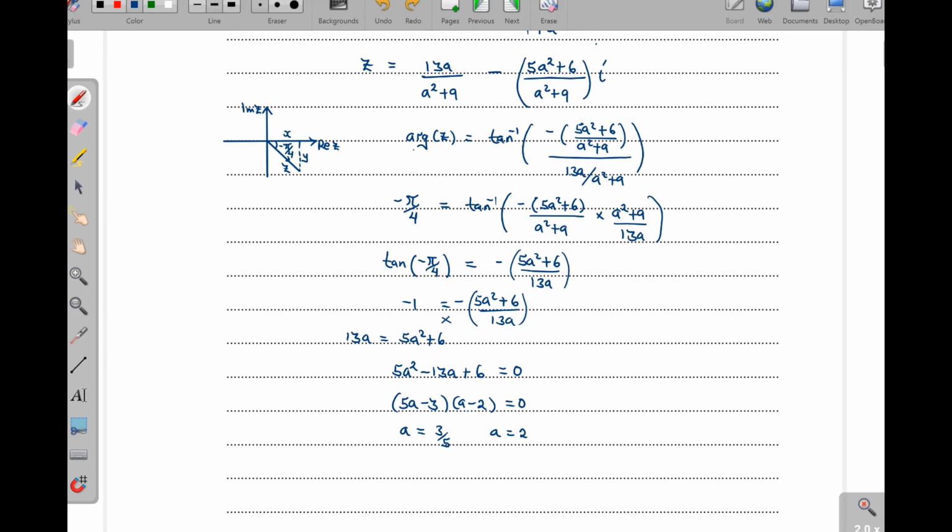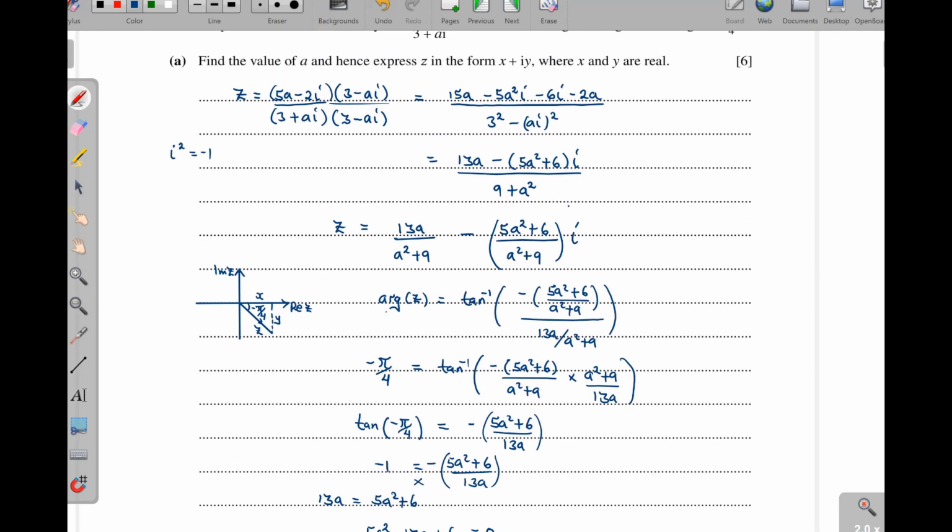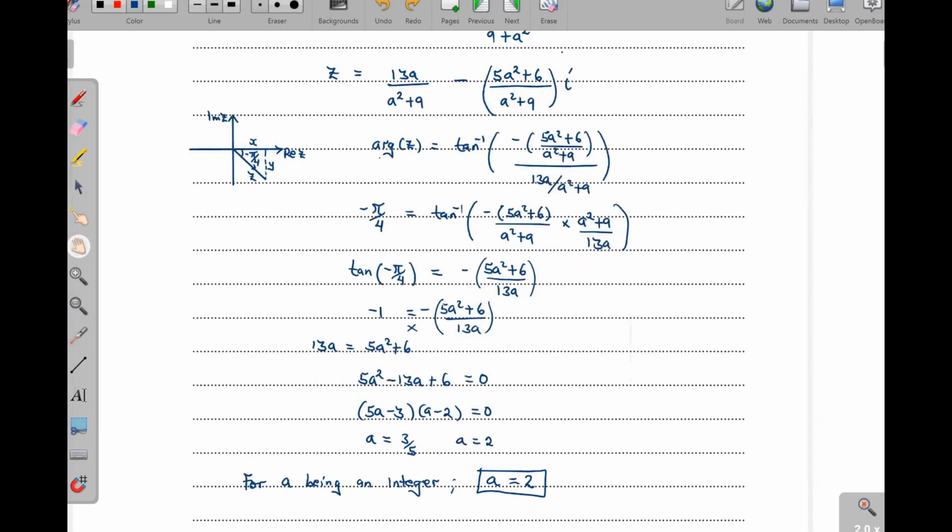But they said that a being an integer, we are supposed to take the whole number. So therefore, a is equal to 2. Is that clear? What did they want us to find? So find the value of a, and hence express z in that format. Now go back